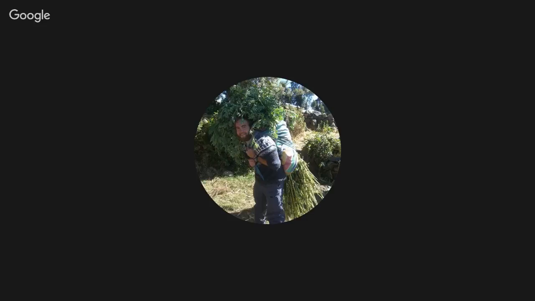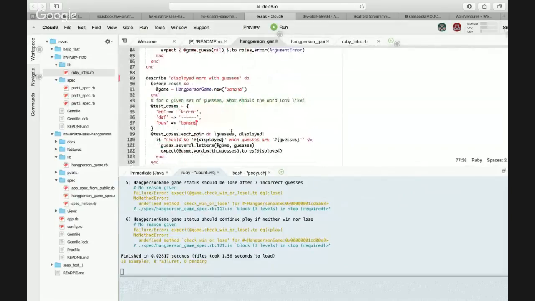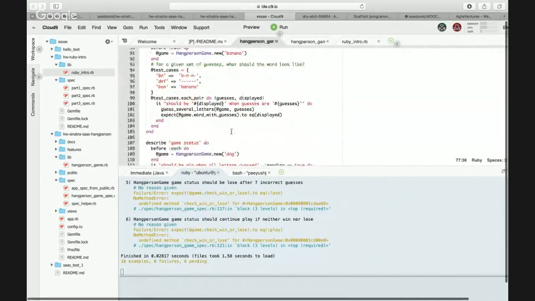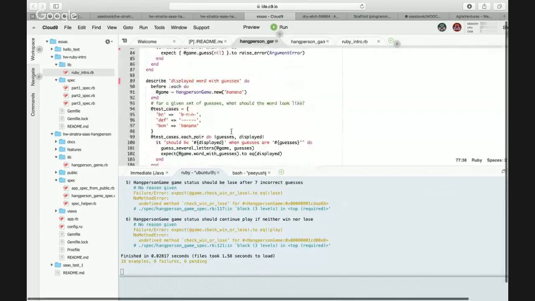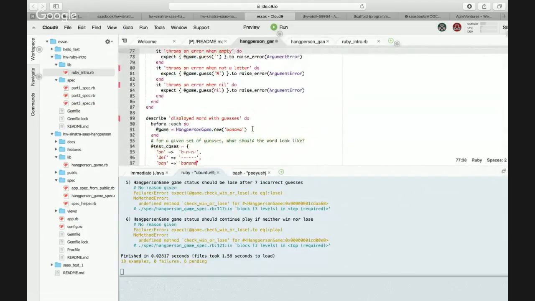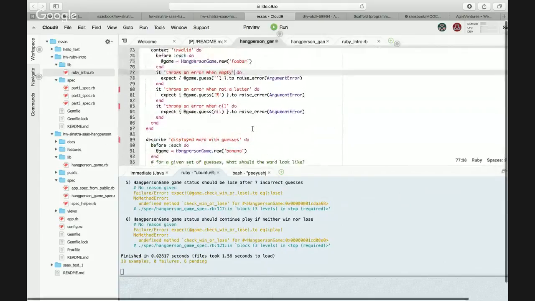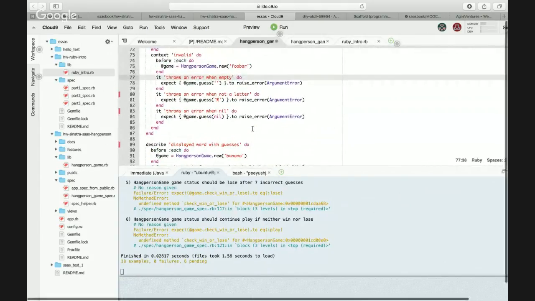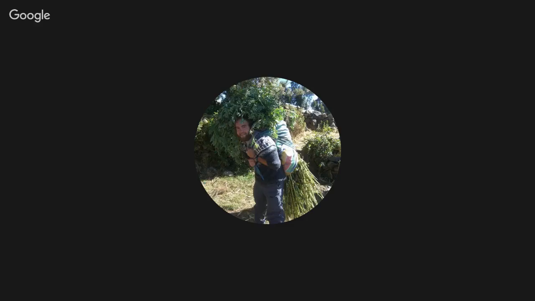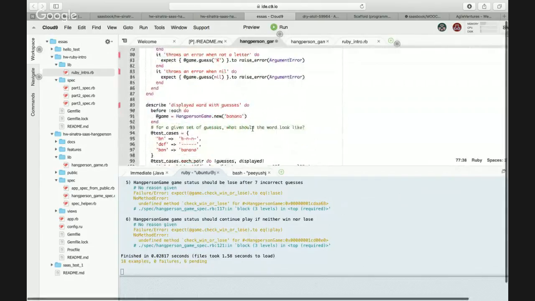So next one, line 89. I'll do one more, and then we can switch again if you want. Yes, we can. What does this one do? New game with the word banana. Can we check it out? Yeah, I'm on line 89. I took out the pending, and now I'm just trying to understand the test.